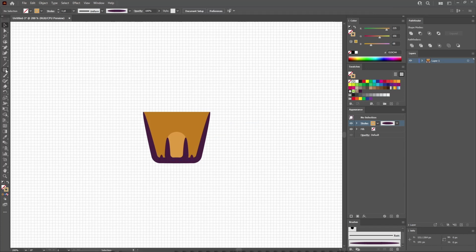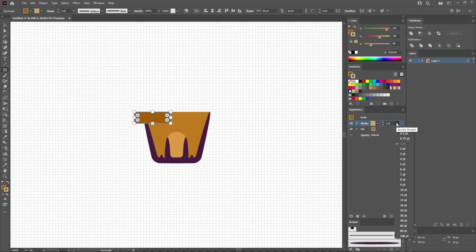And then reselect the rectangle tool from your toolbar, this time to create a 60 by 20 pixels shape. Focus on the appearance panel, start with the fill and set the color to 166, 95 and 2. Move to the stroke and first of all increase the weight to 10 points and then apply your saved color